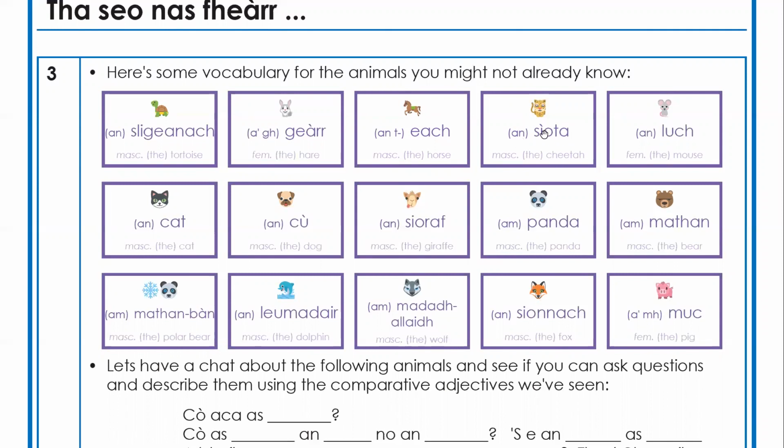Sometimes these are useful to see how a word that's in use in English, I'm sure cheetah probably came from the African language that encountered cheetahs more regularly than English speakers, but it's interesting to see how that is represented in Gaelic orthography and Gaelic spelling. So even though the difference can seem trivial, it's good to get an idea of how you represent sounds in Gaelic. So an cheetah,